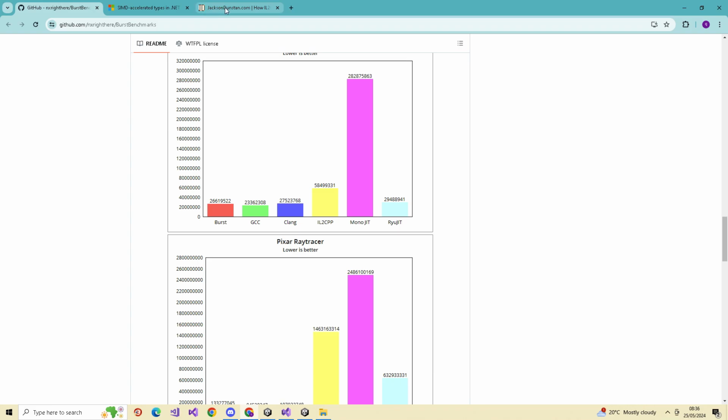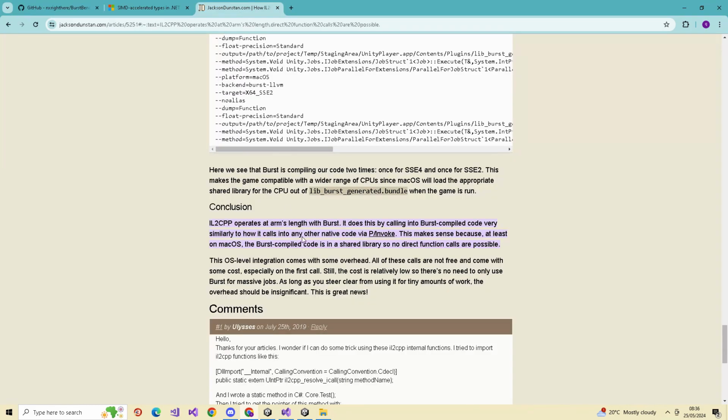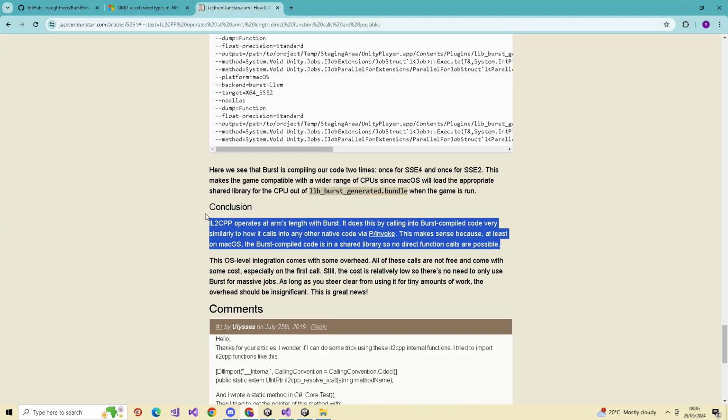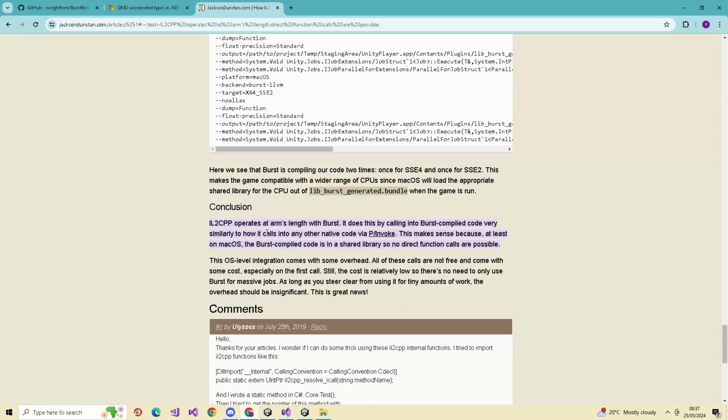It's not so useful because all that we're doing is IL2CPP. If I compile Burst stuff to IL2CPP, reading this highlighted piece here, IL2CPP operates at arm's length with Burst.